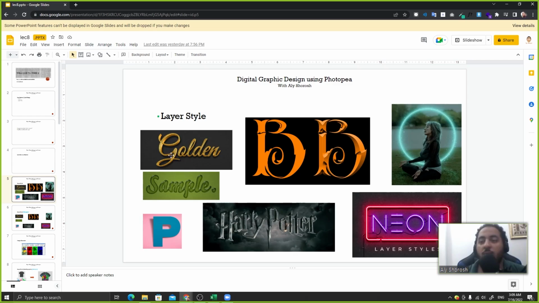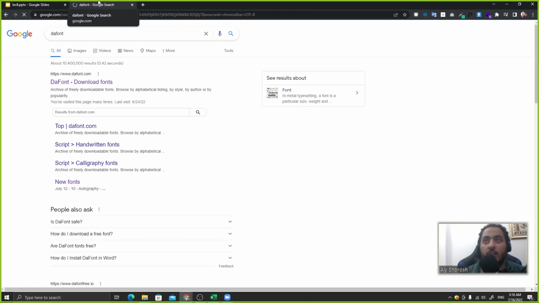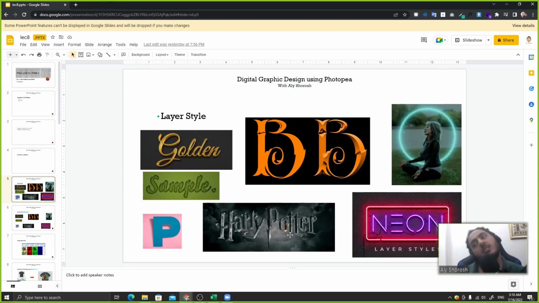We all the time see some fonts with these many effects. For example, turning a plain, normal text from this color to have this 3D shape and this light and shadow on it. And also we can see, like in the intro of the Harry Potter movies, this cool style on its font. How to get this font we learned before from the font website, but the style is made